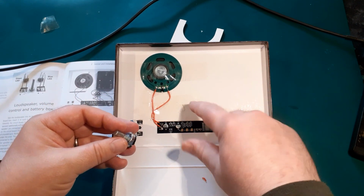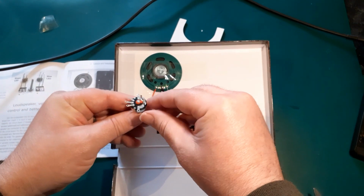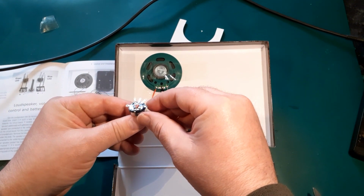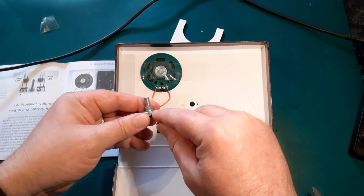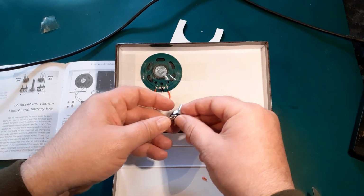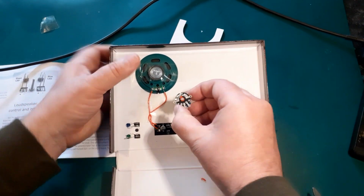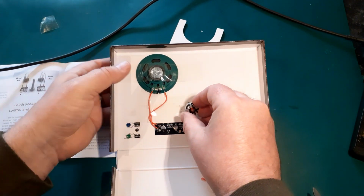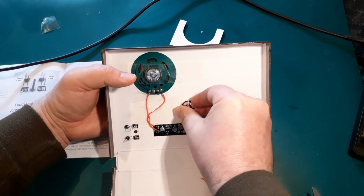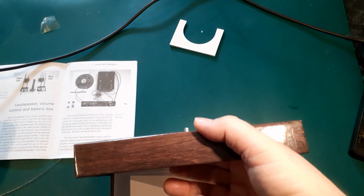There's another small hole next to it, which is, if I don't drop it, there is a lug. Where the hell's it gone now? There was a lug. Of course, it's this side, idiot. There's a little lug there, which will locate in that hole, so all positioned correctly. So like this, like the attention to detail have done, push that in so that that lug there will locate in that hole there. So we just need to twiddle that in, and that'll stop it turning around as well. And then we'll need to add the washer